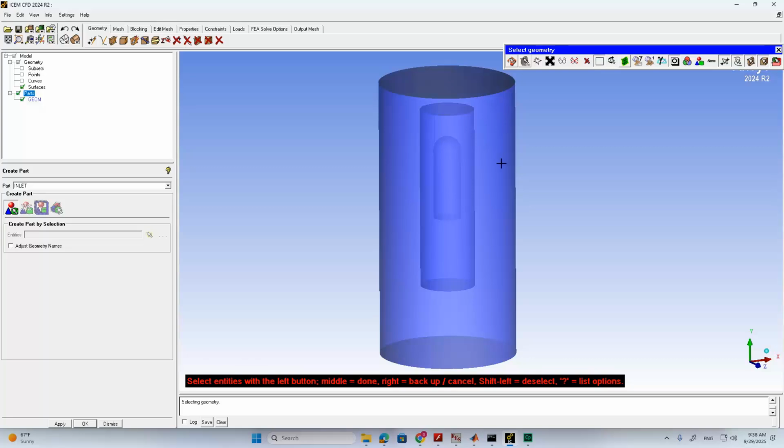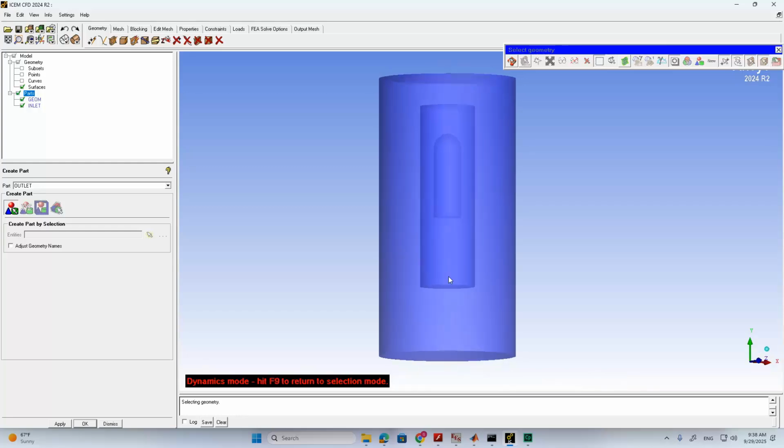In fact, I also can include this surface. Okay, so both are inlets, and then outlet, which should be this surface, and I have to press F9, then